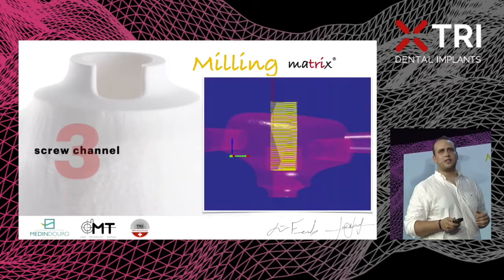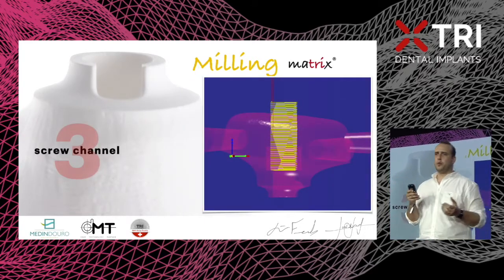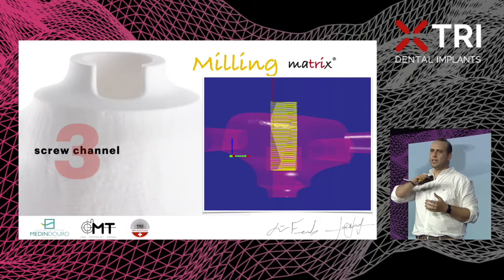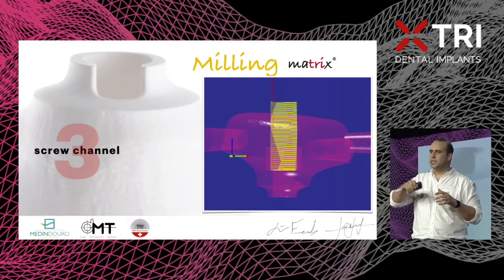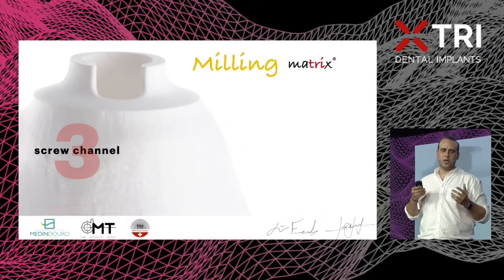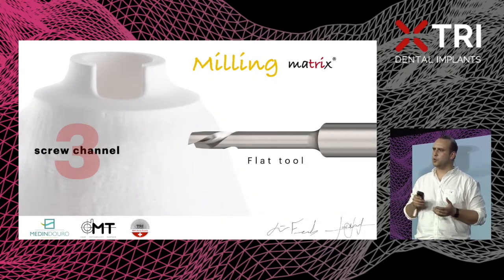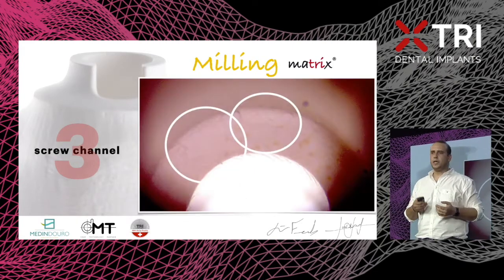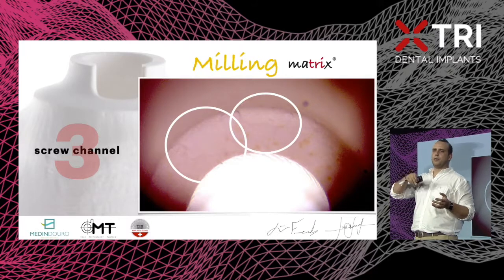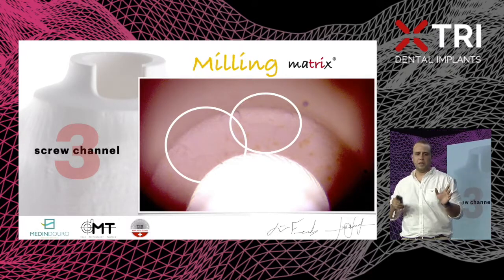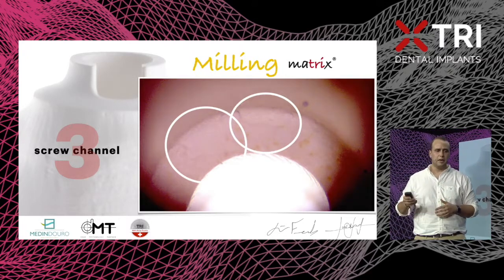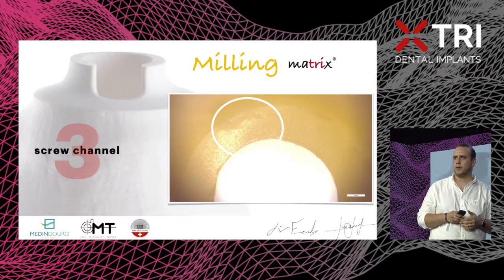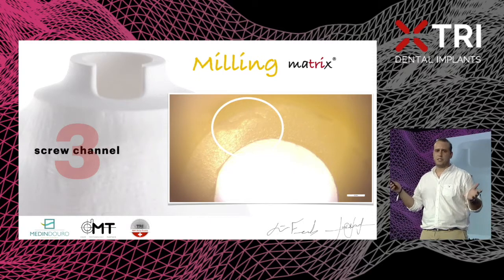And in the third point, the screw channels. We can't forget we are milling directly on the implant, so we need a really flat screw seat, and we will use flat tools to do it, carefully. And sometimes what happens during the milling is powder in the corners inside. You have to be careful. In the beginning, I didn't look for that. But after that, even after the sintering, you can see that in the crown. And this is a problem for the resistance of the crown.